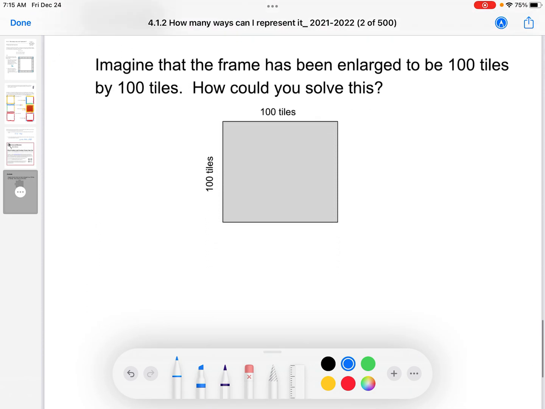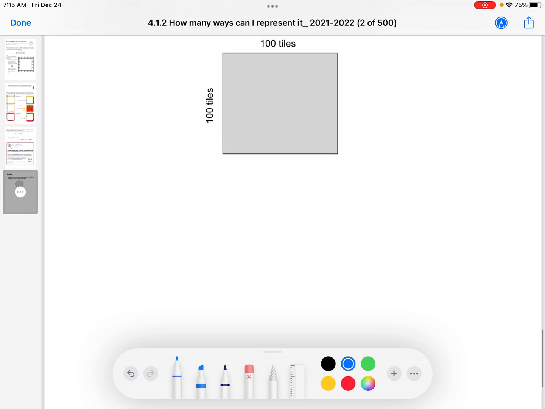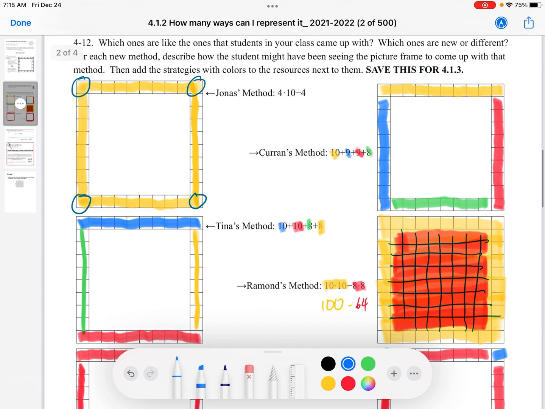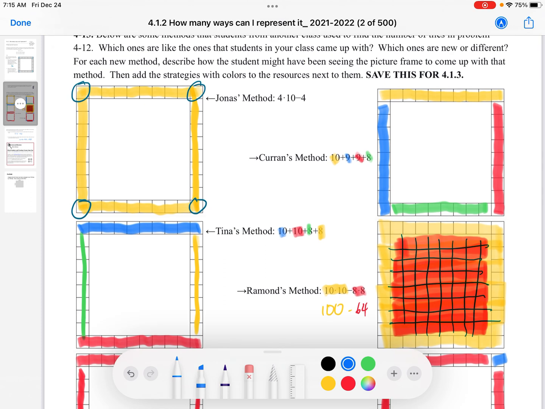Closure. Imagine the frame had been enlarged to 100 by 100 tiles. How could you solve this? Use one of those methods up above, right? Use one of them. I don't know. What is it that you'd want to do, right? Let's try one we have not tried. 100 by 100. I'm going to try Jonah's method of 4 times 10, but I will subtract the 4 corners,